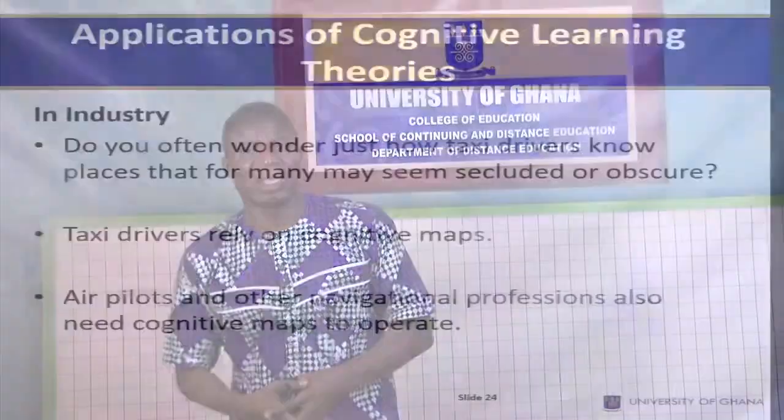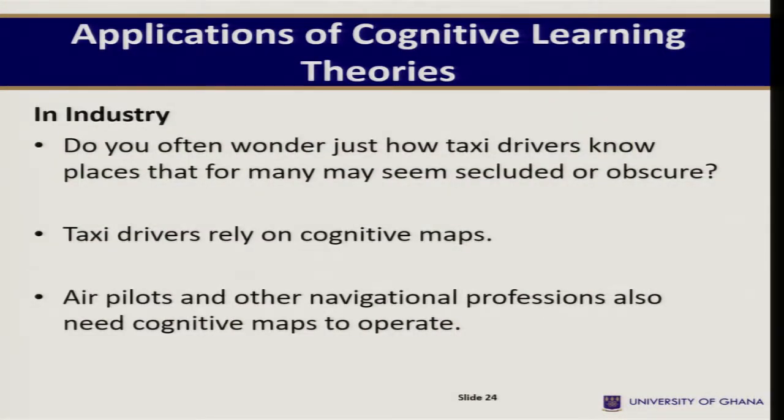So once you mention you're going to a particular location, they remember they've been there before, or they know an area around that, and they are able to quickly take you there with relative ease. Then we have air pilots and other navigational professions. They need cognitive maps to really operate. And in several other work settings, even at home, in our places of interaction, markets, and so on, people are able to rely on cognitive learning theories to really